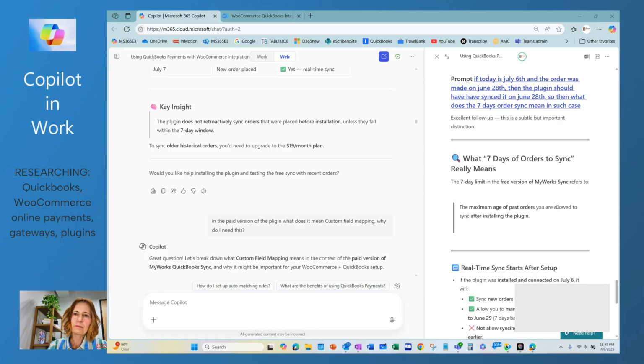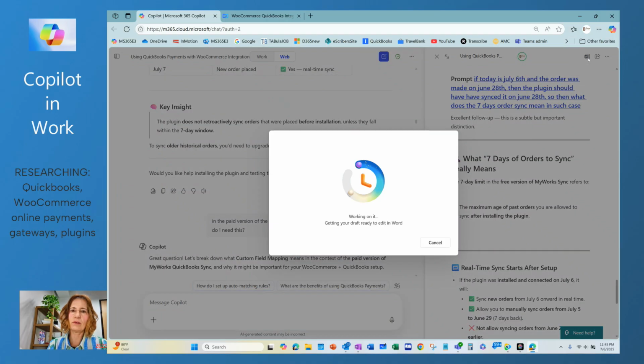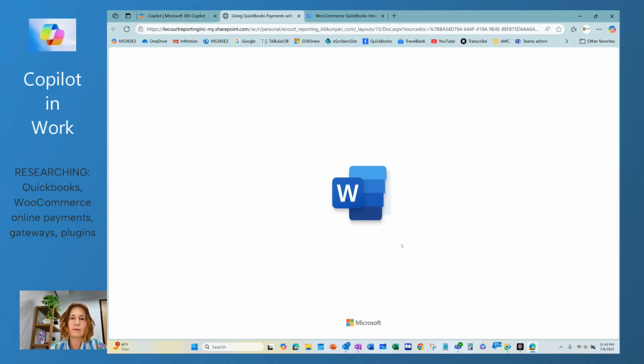And with this right side information, I can add to notebook, or I can simply transfer it into Word. So open in Word, and this is putting all the information that I selected into Word, and here it is. So I just open it in Word,